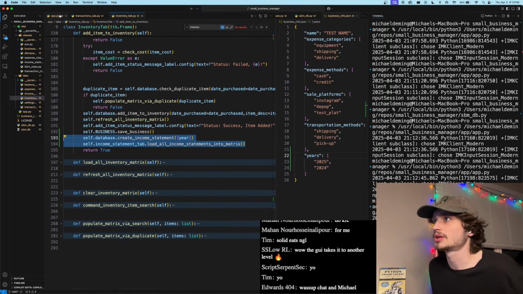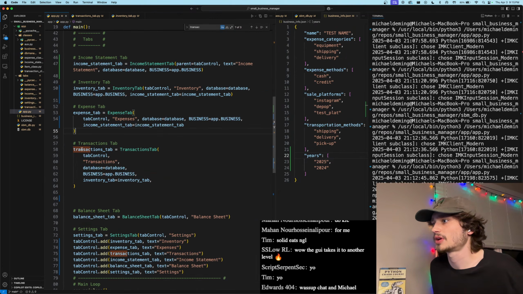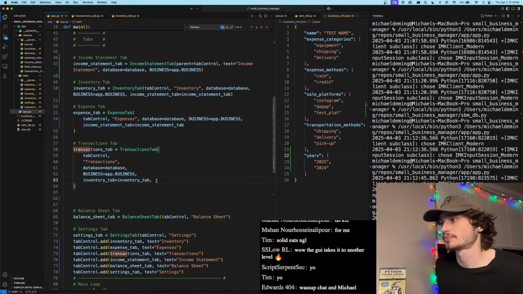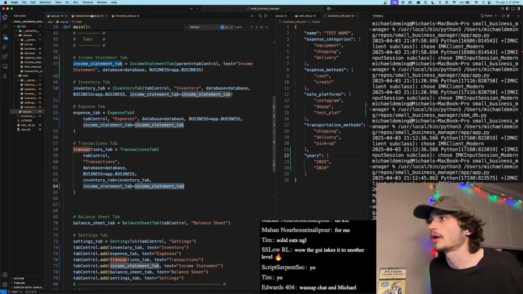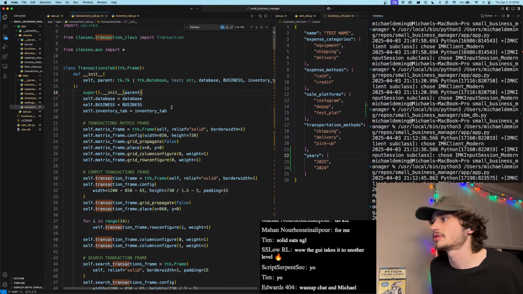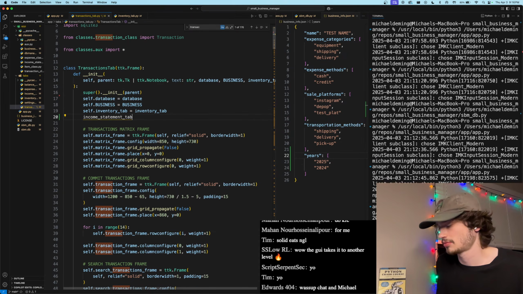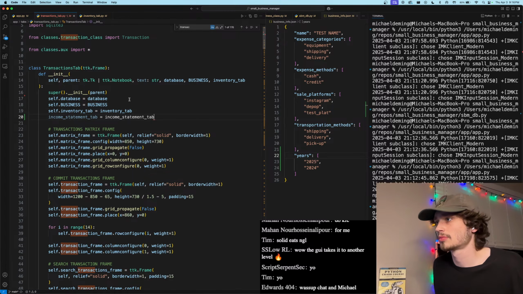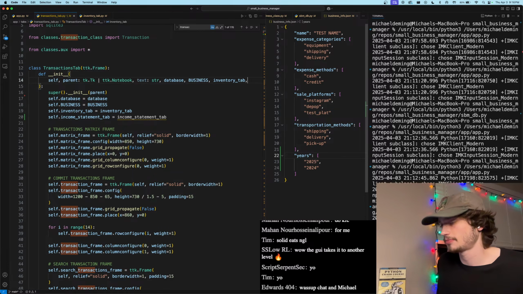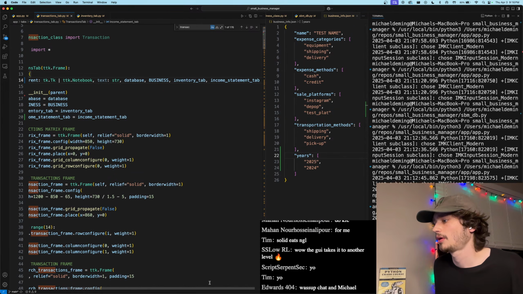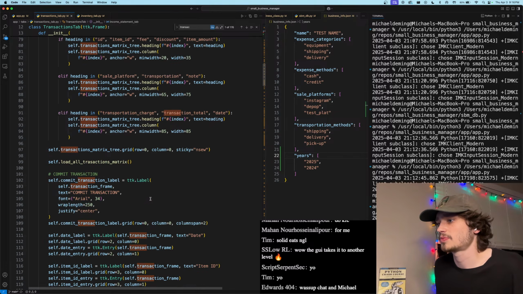So in the transaction, in app.py, the transactions tab is also going to take in the income statement tab. Okay, transactions tab is going to take in that. And then in transactions, when we make a transaction,